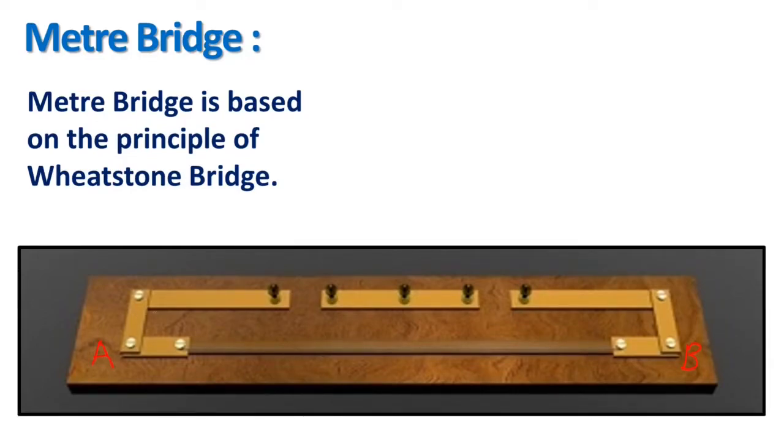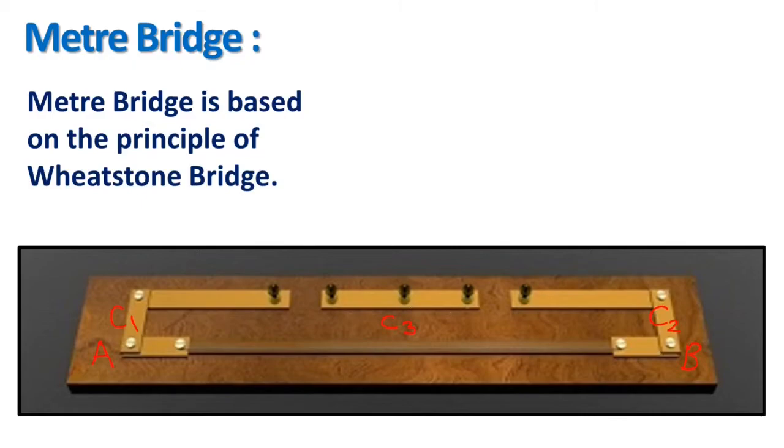On this wooden block, 3 metal strips are fixed. In front we see two L-shaped copper strips fixed. Metallic strips are used, but mainly we use copper strips here. Let us suppose this is the first, C1, this is the second L-shaped strip, C2, and the middle straight one is supposed to be C3.